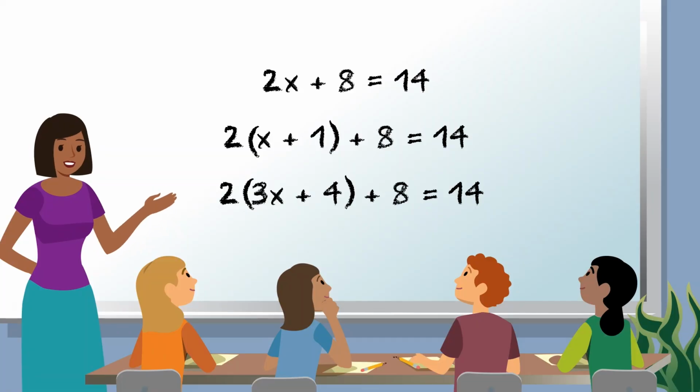For example, though these equations seem different, they all have a similar structure. 2 multiplied by a quantity plus 8 equals 14. While this example involves similar structure across 3 equations, structural similarities can also be found in word problems requiring algebraic